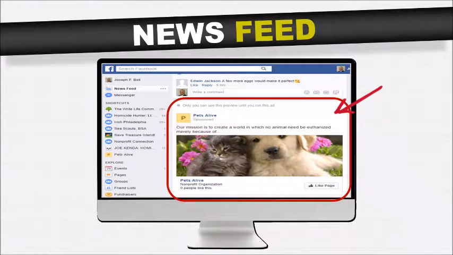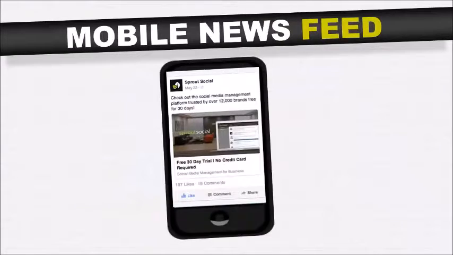Now, as most people know, a good amount of the world's internet traffic is shifting toward mobile devices. In fact, Facebook has reported there are 1.25 billion mobile monthly active users on their social network. That's a lot of people. And with such a large user base, it would seem like advertising to users on a mobile device would be